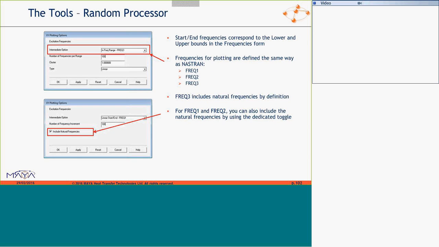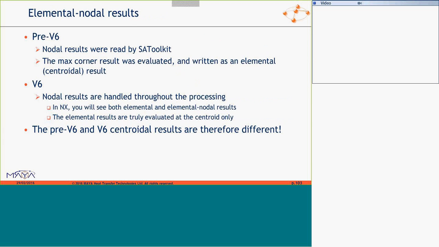In terms of plotting, the plotting options you have don't affect the results at all. They affect how the plot looks. And again, you select the natural frequencies, additional frequencies using the FREQ1, FREQ2, FREQ3 paradigm. Nodal results or corner results, before they were read by SA Toolkit.